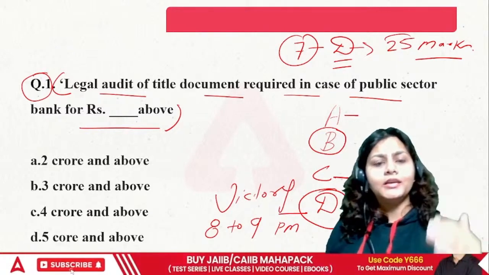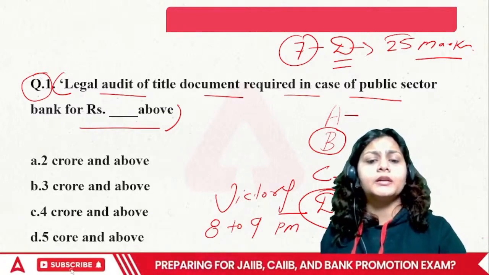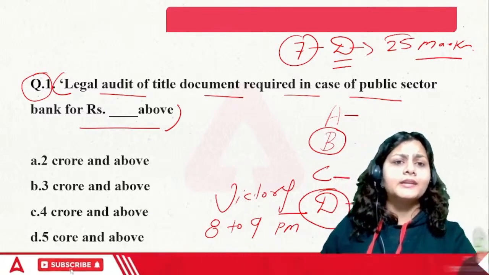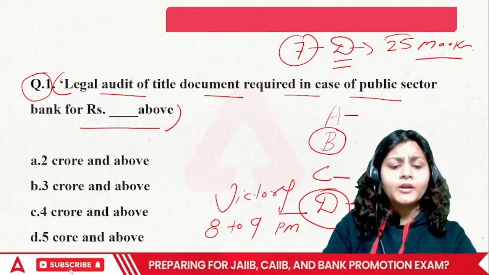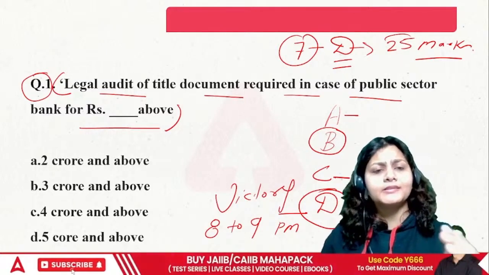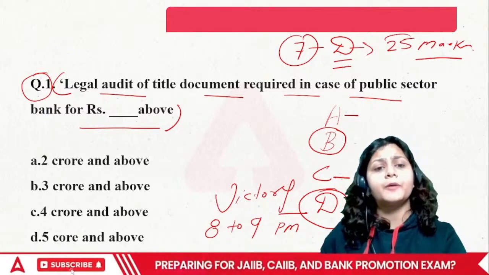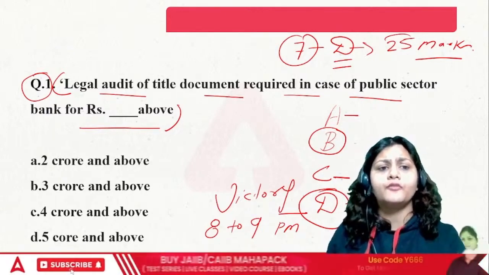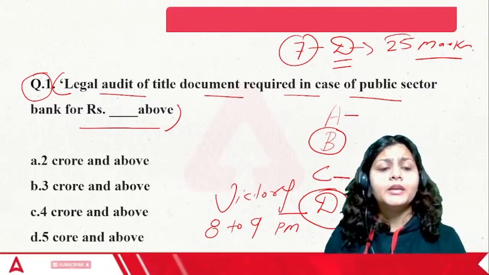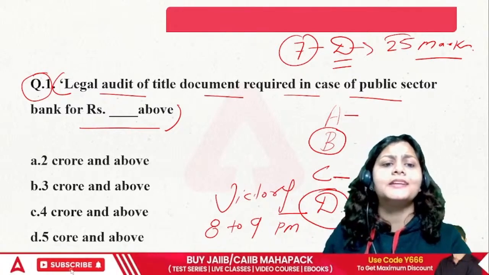This is your legal audit. Normally PSBs, public sector banks, usually conduct the legal audit. But what is the limit? The limit of the legal audit is when there is a credit of 5 crore and above. What is a legal audit all about? It is the process of verification of documents and records of the company. In case the amount is 5 crore and above, every bank